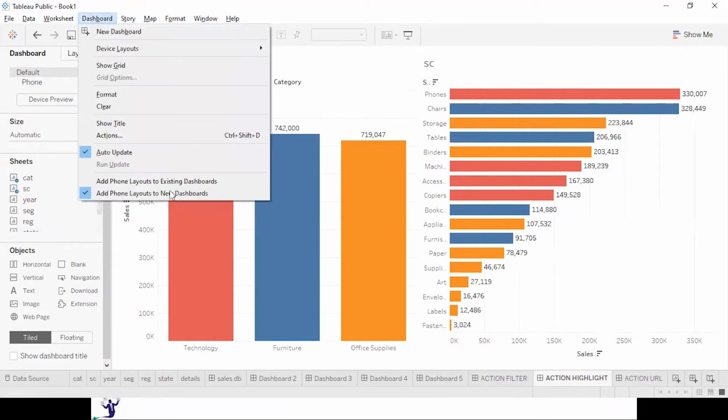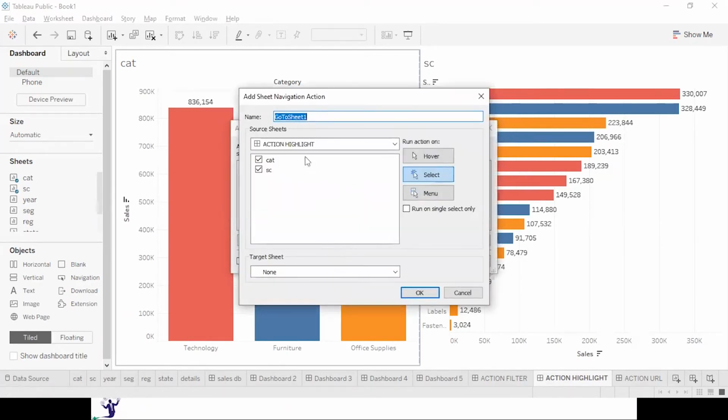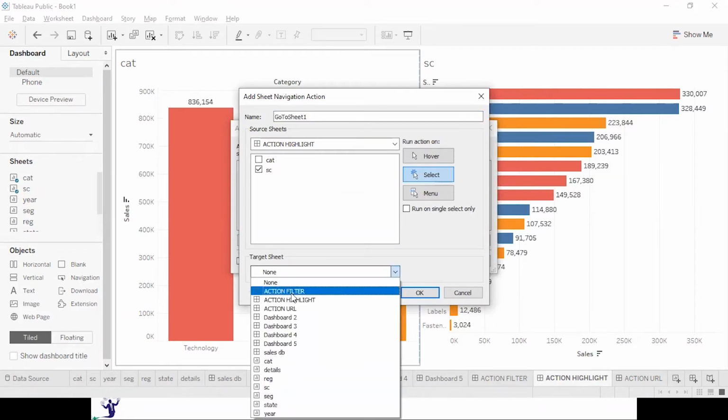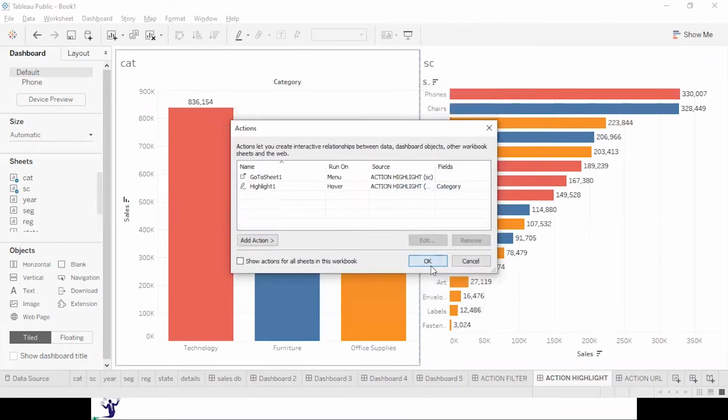I will go to the dashboard, say actions, add actions, and I will say go to sheet. Now the source is subcategory, and the target sheet is details page. This time I will take menu over here, say okay and okay.